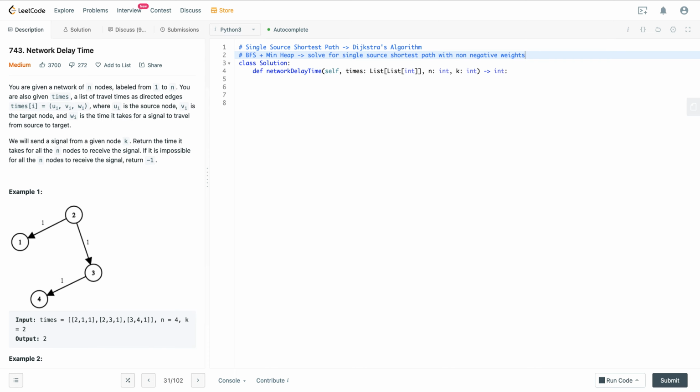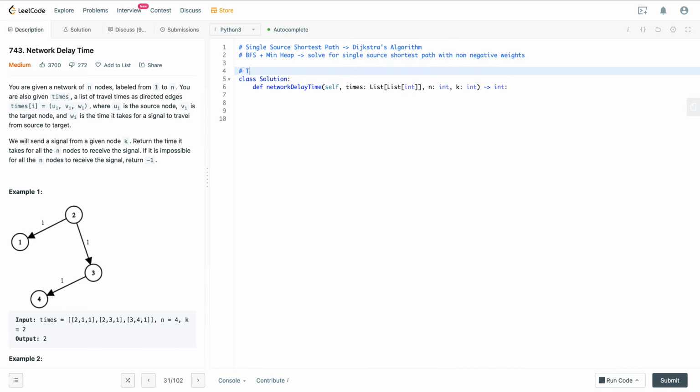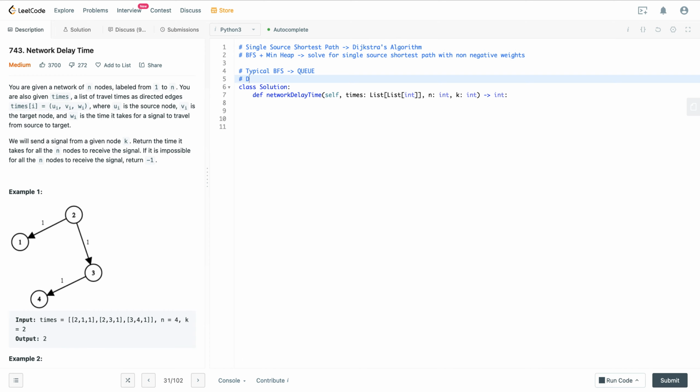And basically, the main idea of Dijkstra's algorithm is we will start from a point as a center and gradually expand outward, updating the shortest path to reach other vertices. And it basically uses like a greedy approach, and at each step it selects the min weight from the currently reached vertices to find the shortest path to other vertices. And in a typical BFS, we use a queue, and then it broadcasts the signal from the visited nodes in a first in first out manner. However, in Dijkstra's algorithm,